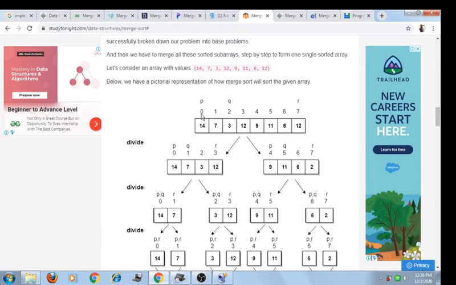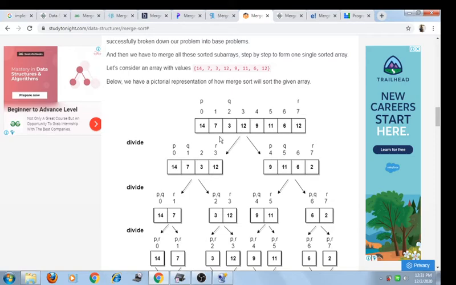How can we find the mid of this array? 0 is the lower bound of this array, that means the lower limit, and 7 is the upper bound of this array, you know that. So we add the lower bound plus the upper bound and divide by 2. Then we get the mid of this array. So 0 plus 7 is 7. 7 divided by 2 is approximately 3. So 3 is the mid of this array.